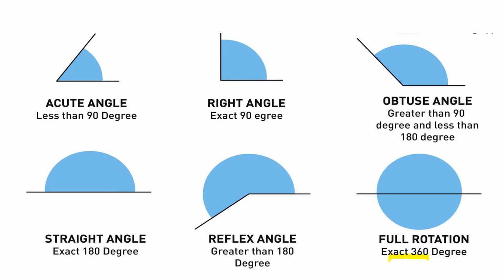Then the zero angle is also there. We can use the clock to find out the angle. Hour hand and minute hand are there in the clock. The hour hand is one ray and the minute hand is one ray. So according to where both the hands are positioned, the angle will be classified.